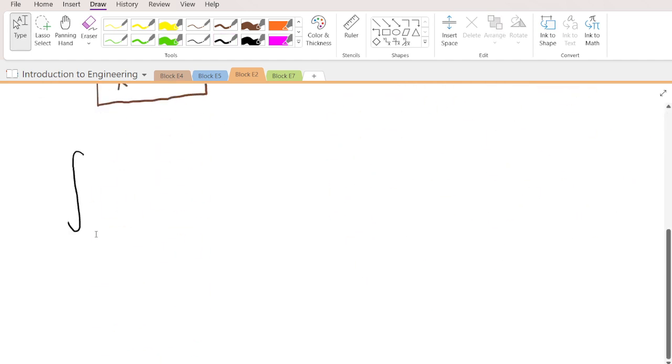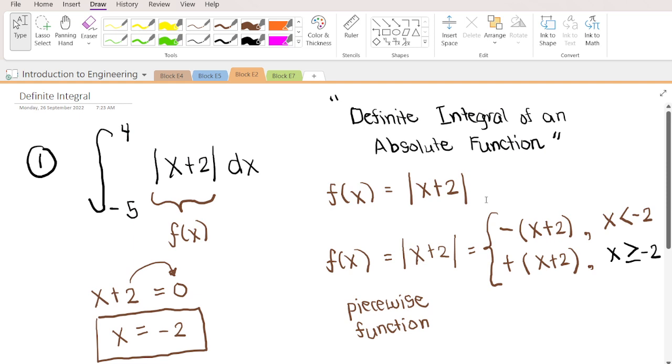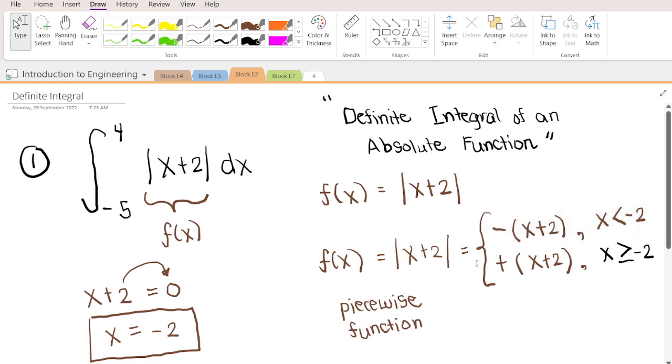So we have the integral from -5 to +4 of the absolute value of x plus 2 with respect to x. Now, you have to take note that the limits are basically ranges of x, wherein we need to consider the range in such a way that it should match the conditions in each of the piecewise functions. For the first function, this will hold true for the negative of the quantity x plus 2 if the